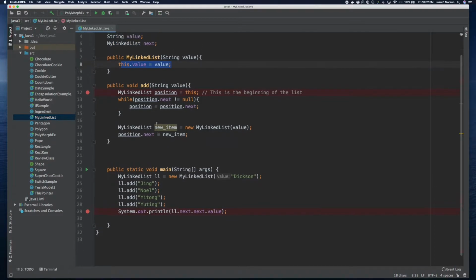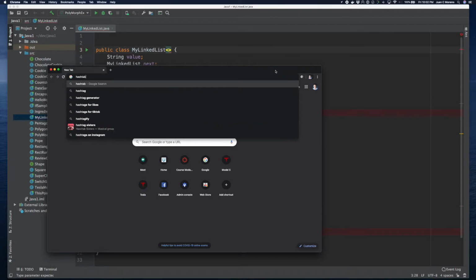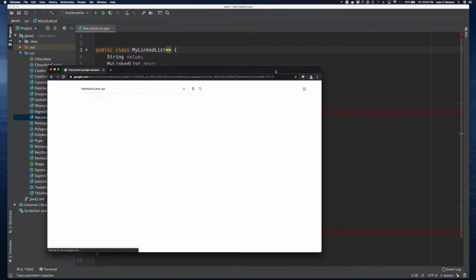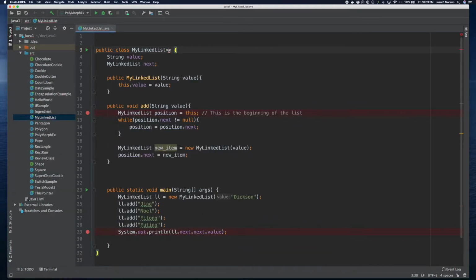And in the linked list that we have here, we can essentially use these brackets that you probably have seen if we open up Chrome and we go into a hash table, Java API. And if we go into the hash table, we probably are going to see that we have these things. And what those things mean is that this is a generic object. And a generic is basically the capacity of Java to do live search and replace in the code with different